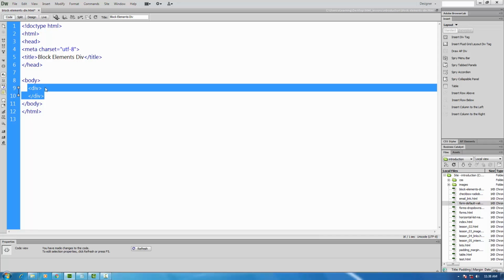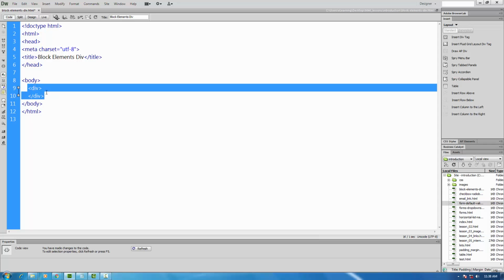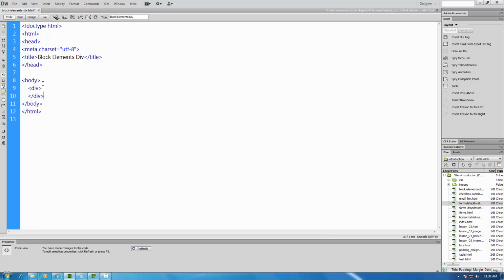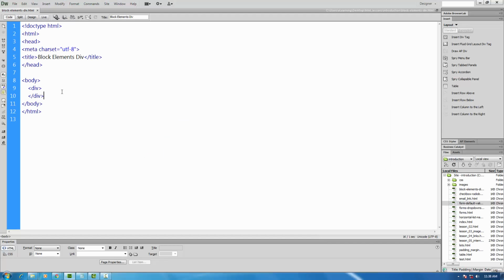This is actually a container, and you can place any number of elements within this container. Whatever styles or positioning that you apply to this div will in turn be applied to all the elements that are inside this particular div. By default, when you create a div, it's not going to show you anything because there is no element. This particular div only has a width, it does not have a height,